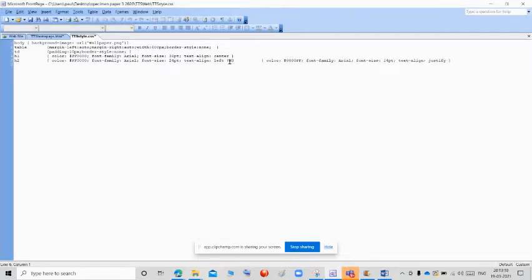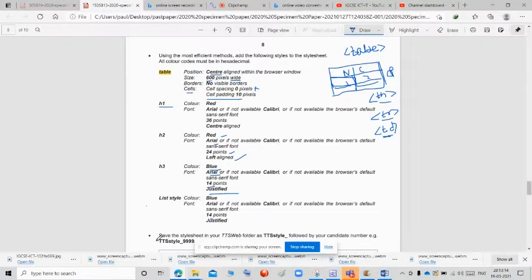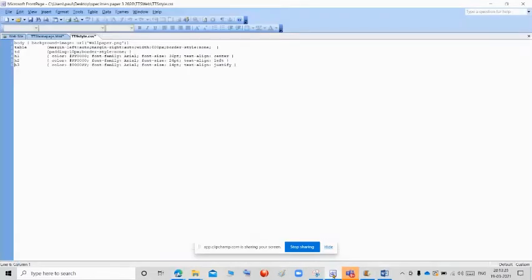Next, they are asking for bullet list. For bullet list, for the list style, we want to give LI code.